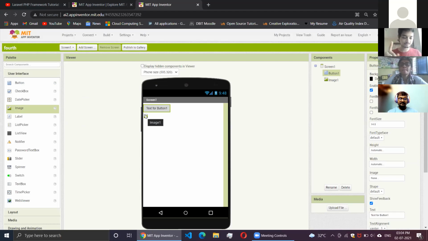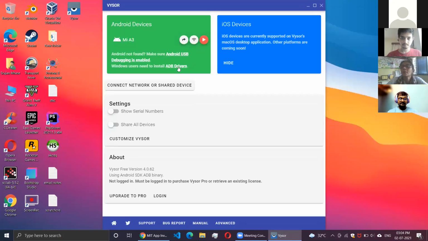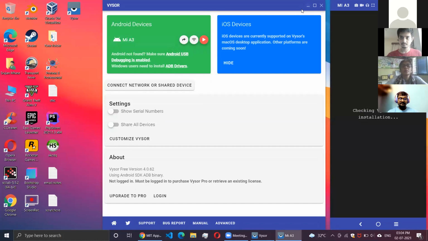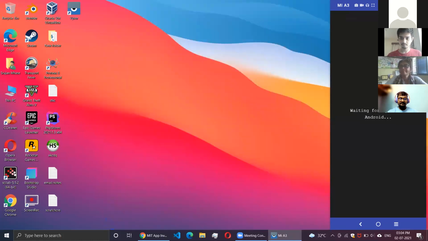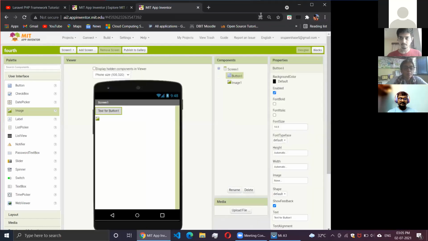One button and a photograph, image. One button and a... So is that done?